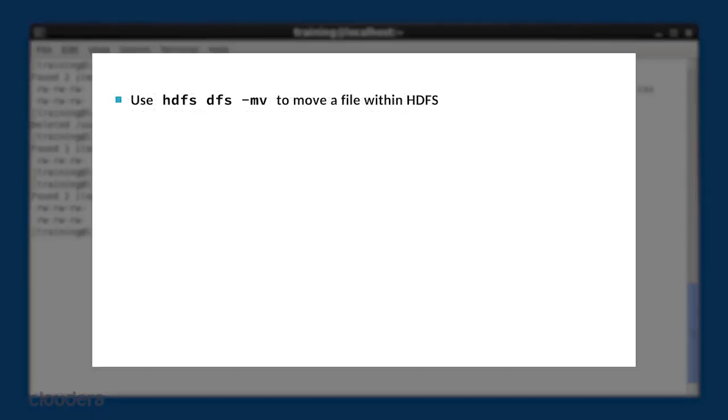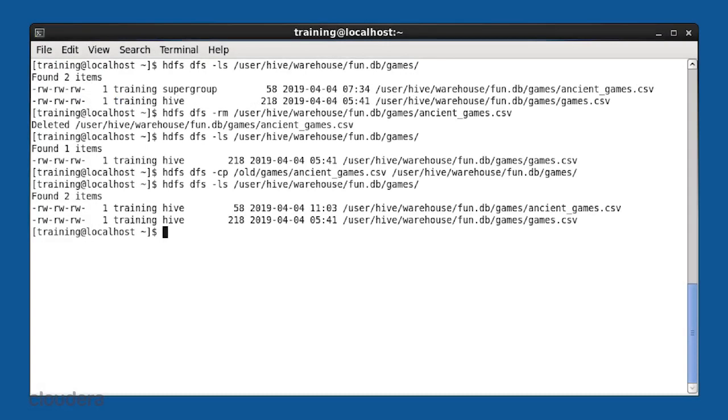If you want to move the file instead of copying it, you can use mv instead of cp. When you run an mv command, the file will no longer exist in the source directory after the command is executed. These three HDFS shell commands, rm, cp, and mv, are named after the analogous Linux shell commands. And like their Linux analogs, these commands support wildcard characters in paths, which enables them to operate on multiple files at once. For example, I can delete all the files in the storage directory for the games table by running